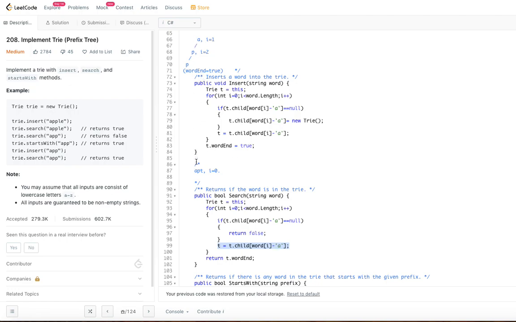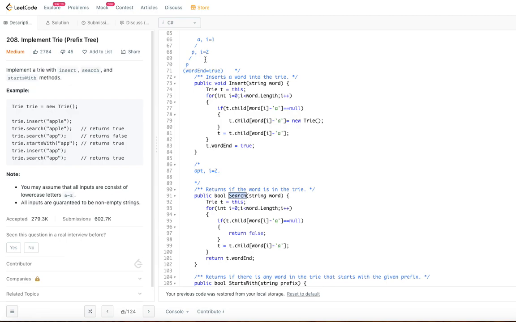Now our pointer is at A, and next, when i is equal to 1, that is P. Do we have a pointer P for A? Yes, we do. We reassign, i is equal to 2 now, T. Does P have a pointer for T? No. So this is where it says, I don't have a pointer for T, so I'm going to return false. That is the search function.